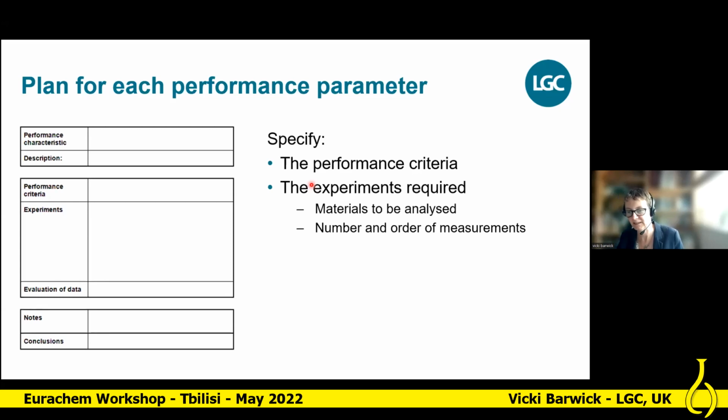If we're interested in precision, then we're looking at variability. So we don't necessarily need that external reference point. So potentially, if we're evaluating precision, we could perhaps use some surplus test materials. So we need to be clear for each performance characteristic as to what would actually be a suitable material for analysis. We then need to think about how many measurements we're going to make, and there is guidance available, often based around sort of statistical theory as to what would be a